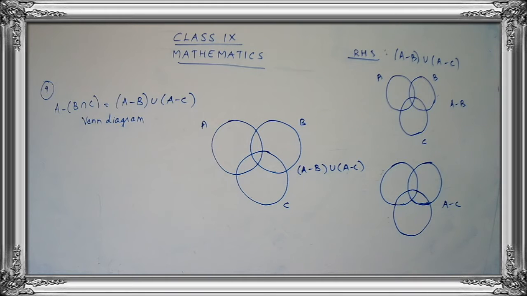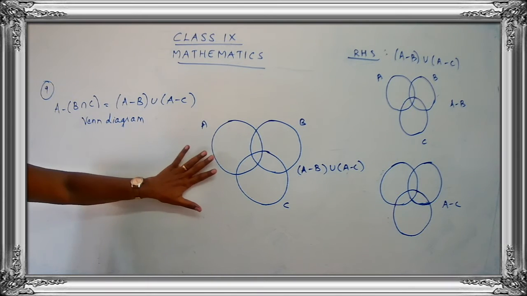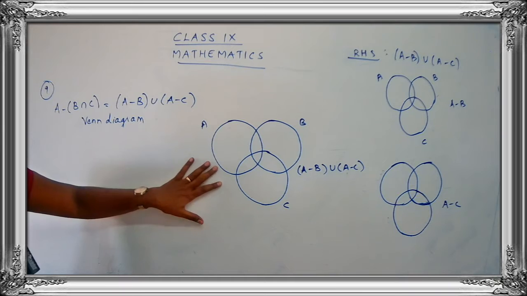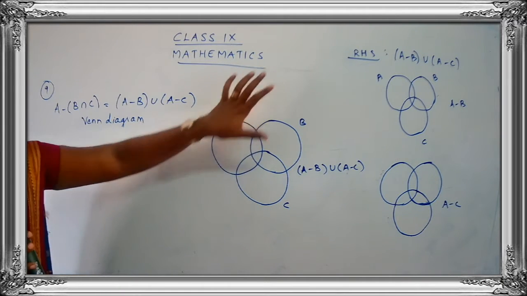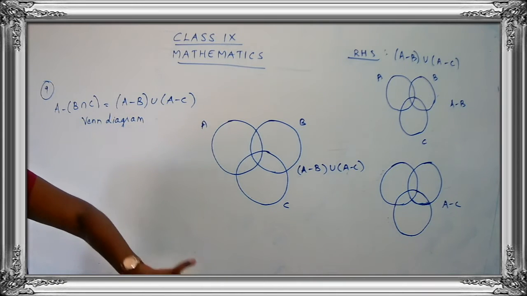So when you start for the Venn diagram, what you do is just draw 5 sets of figures. So 5 sets of circles. Once you are ready with the 5 sets of circles, we can directly go on shading so that our answers will be quick. We can complete our answers very fast. Just draw the 5 sets and keep it ready, like 1, 2, 3, 4, 5, one below the other.